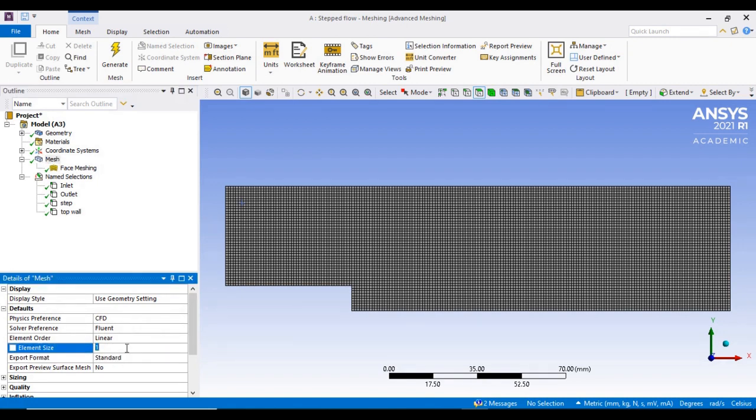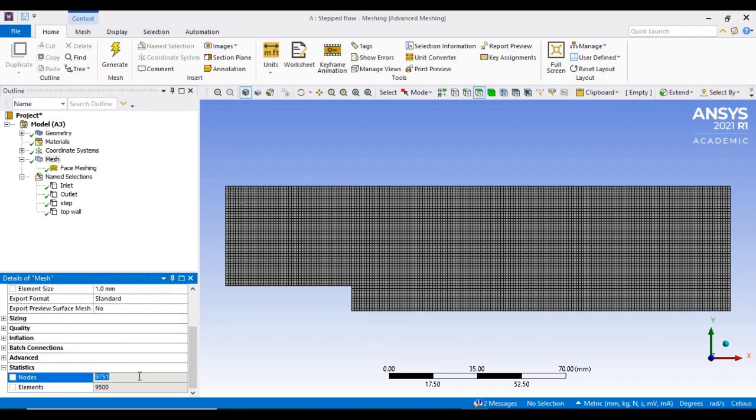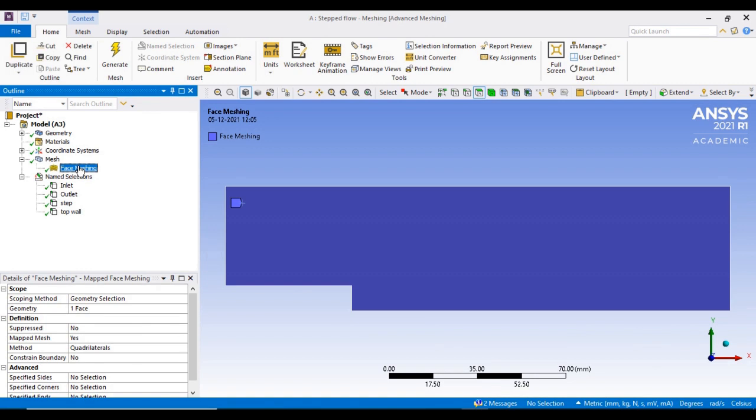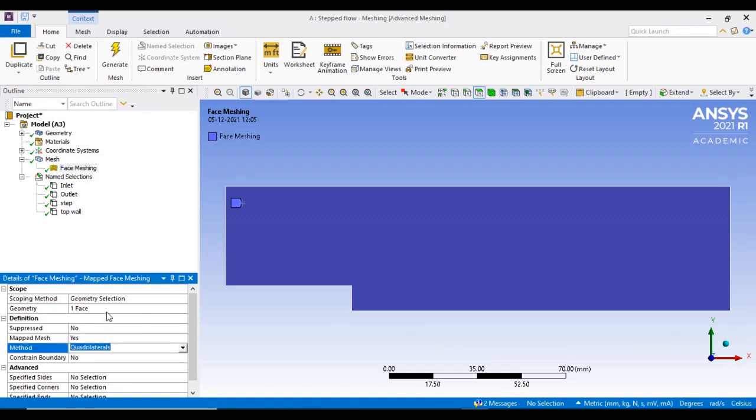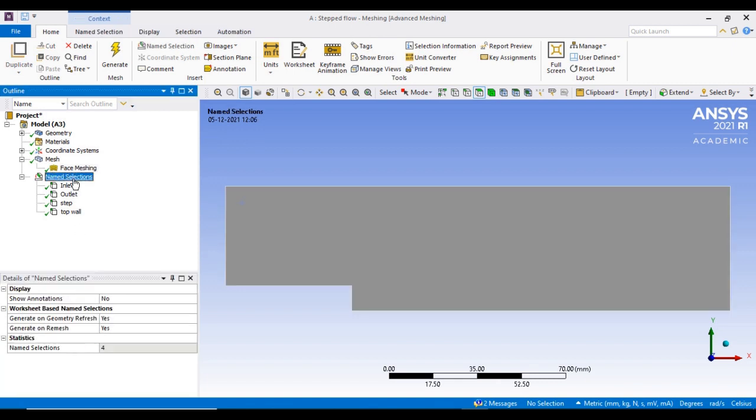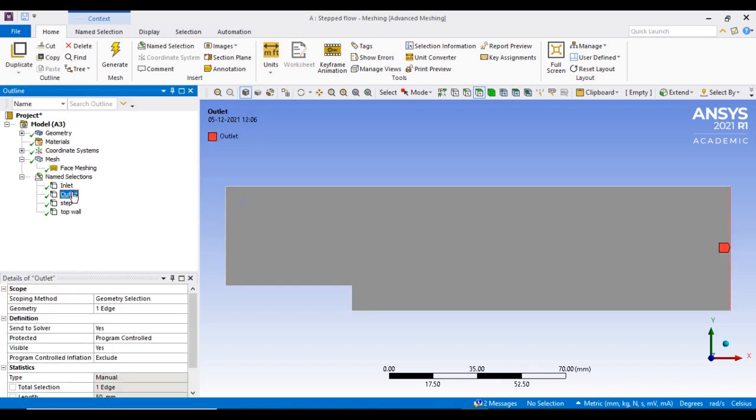It's a very structured kind of geometry, so you can simply create this mesh. It's almost 10,000 elements which I had created to simulate this flow, and I'm considering these boundary conditions for my problem: inlet, outlet, as well as the wall, that is the stepped wall and top wall.